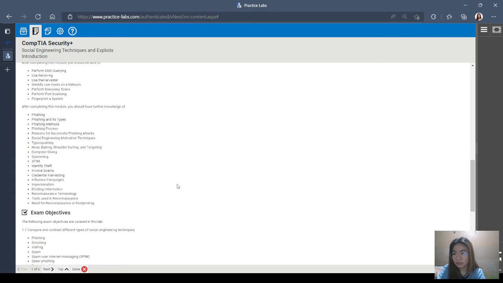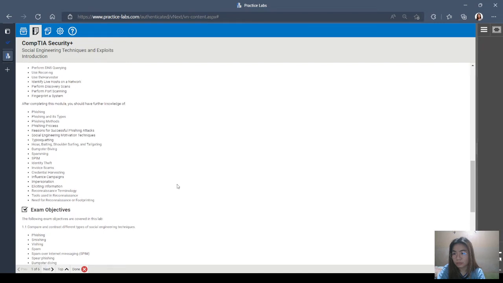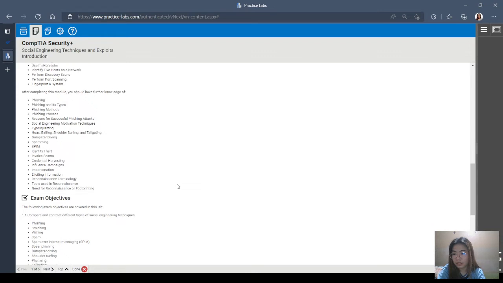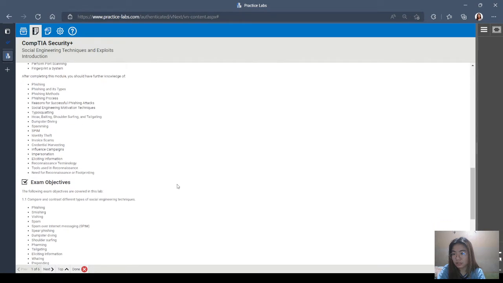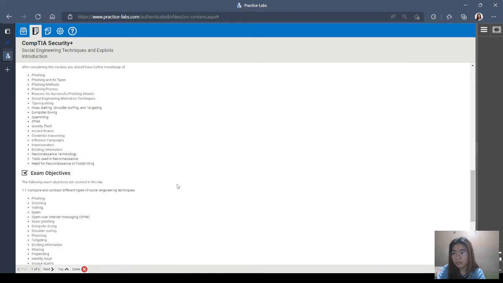After completing this module, you should have further knowledge of phishing and its type, phishing method, phishing process, reasons for successful phishing attacks, social engineering motivation techniques, typo squatting, hoax baiting, shoulder surfing and tailgating, dumpster diving, spamming, spam, identity thief, invoice scam, credential harvesting, influence campaign, impersonation, eliciting information,